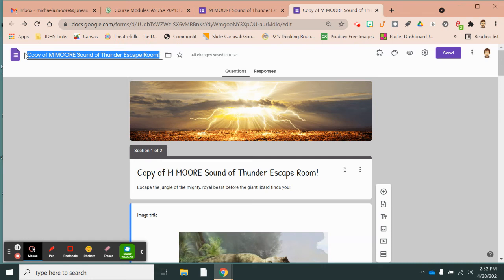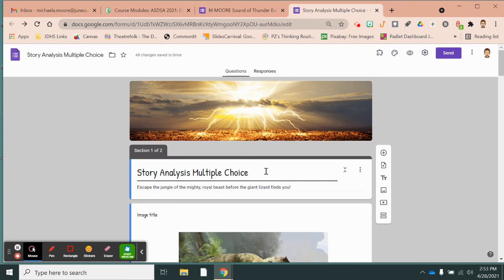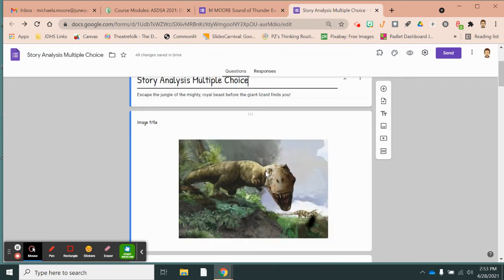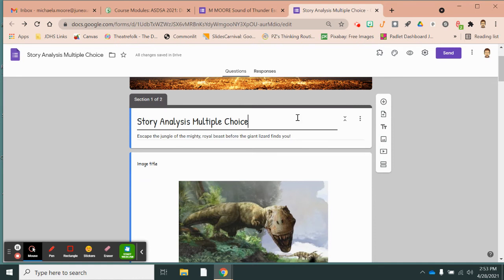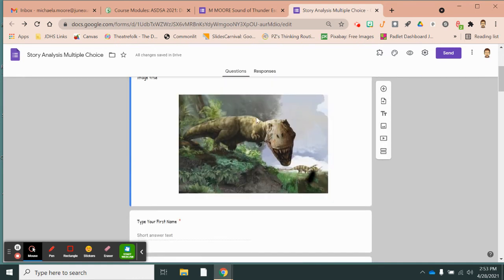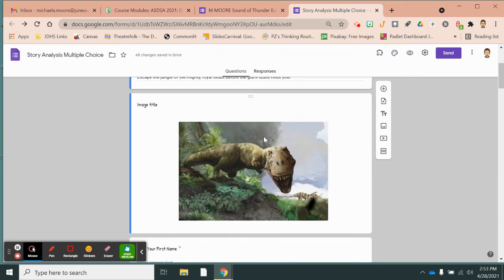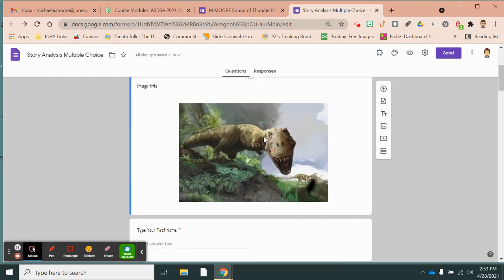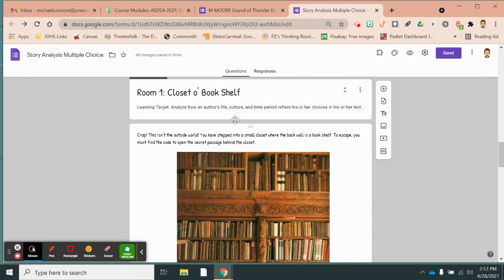You have several options for how you can create a room for free. So I would title this the name of my puzzle. And the name of this puzzle would be story analysis multiple choice, something like that. So when you click on this, it automatically changes it for you. That's really cool. So then I would add a picture here to go with the theme of what I'm doing. So they're going to answer short story questions in